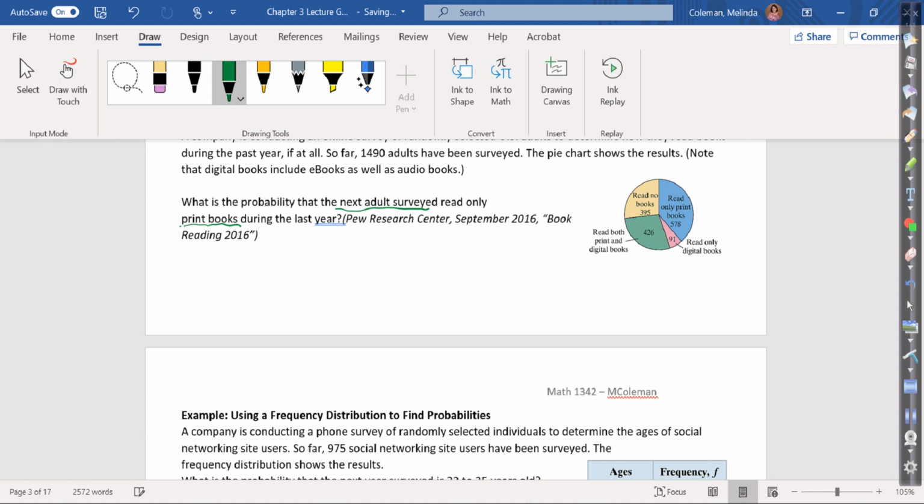So in order to find that out, again, we're having to base it on some data that's already known. That's what's going to make this empirical. This is the data that we've collected. So we're going to make an educated guess on what the probability would be. So the probability that they read print only